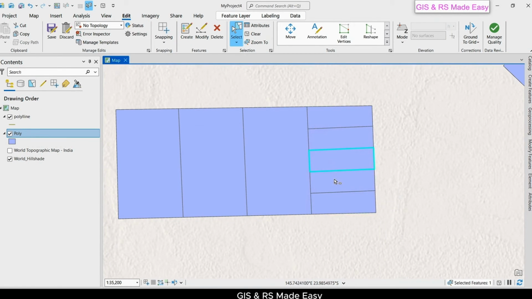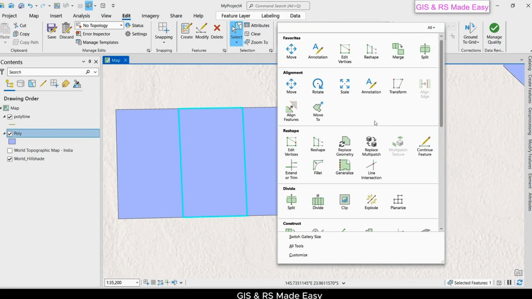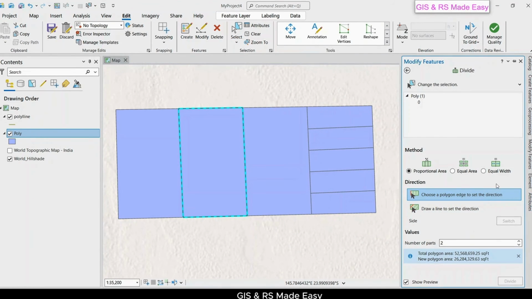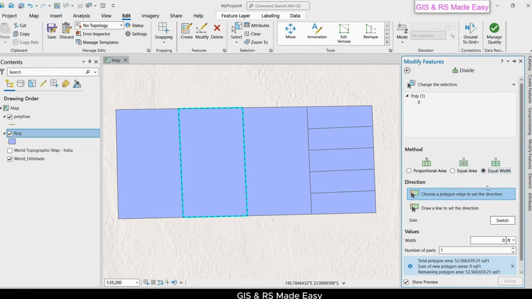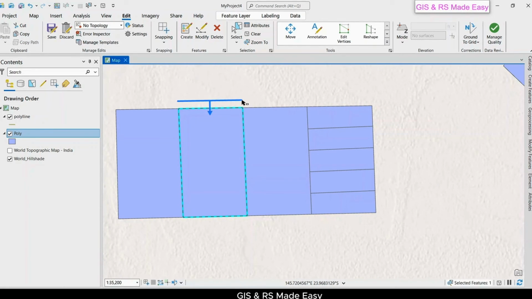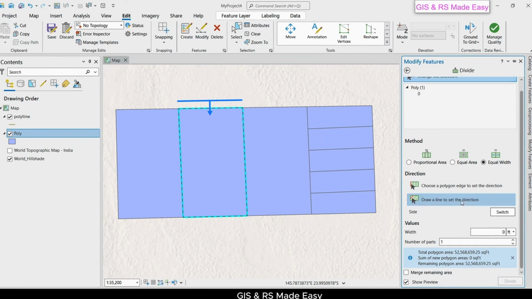We have divided our polygon into 5 parts. Now click on the second polygon and divide. We will use this equal width. Draw a line from top to bottom. Width should be